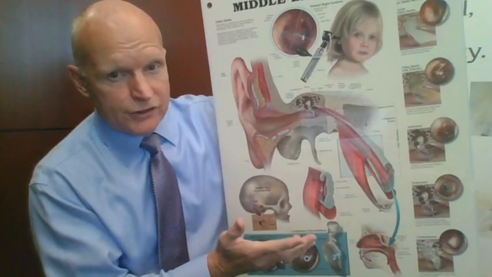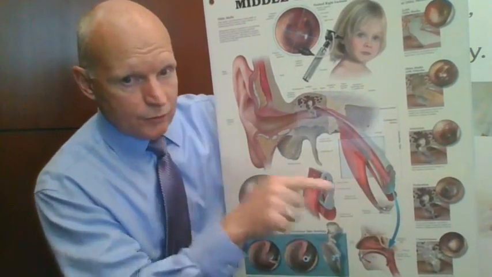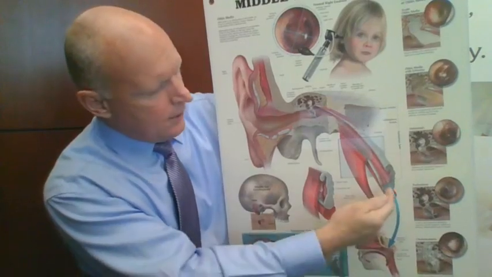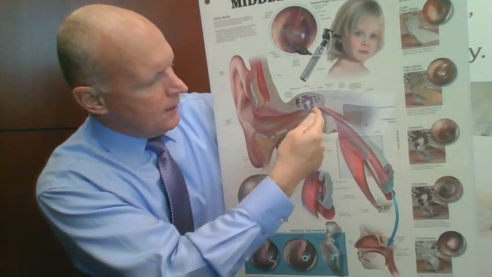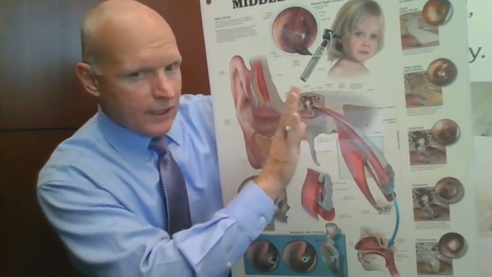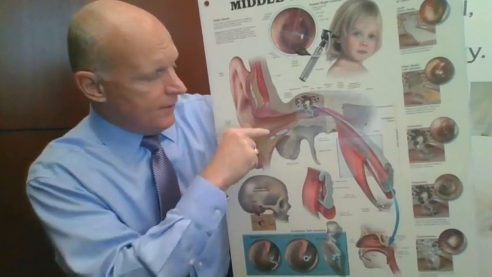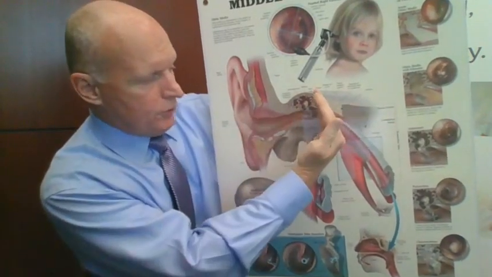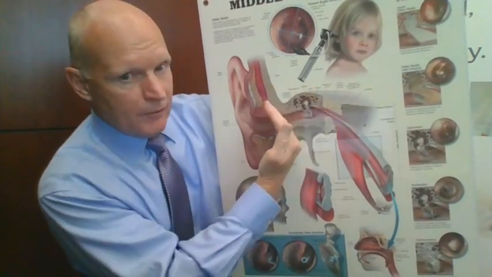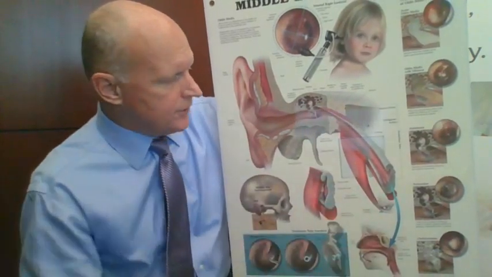So the proper function of the eustachian tube is to allow air to go through the back of the nose, up this little tube, and equalize that pressure. So now the eardrum is not pushed in, it's still in a neutral position. And then the opposite thing happens if the air pressure drops outside. The air pressure wants to push the eardrum out. And so in that case, you've got to let some air out of this little area there to equalize the pressure.